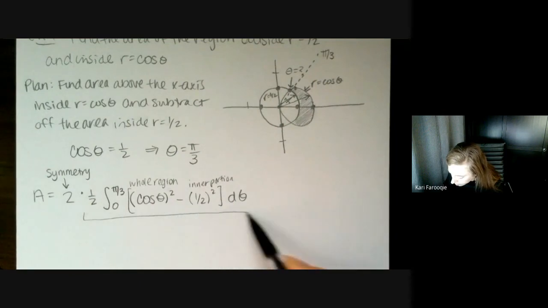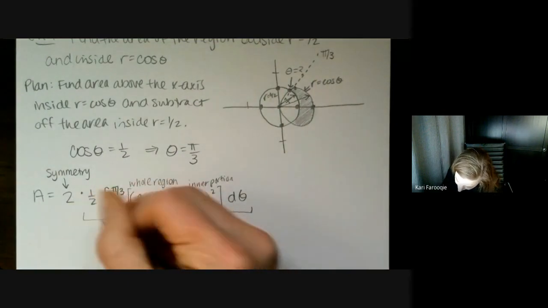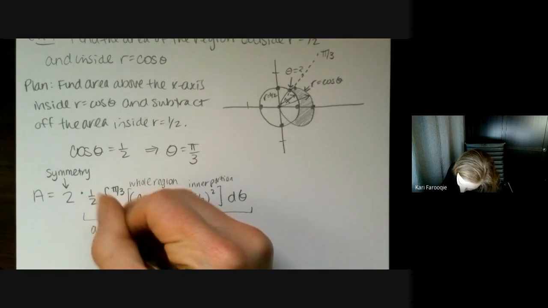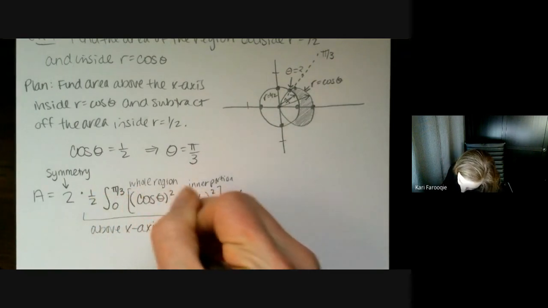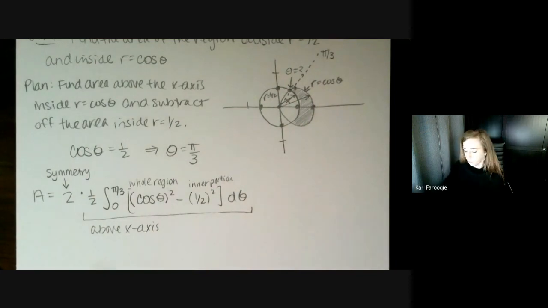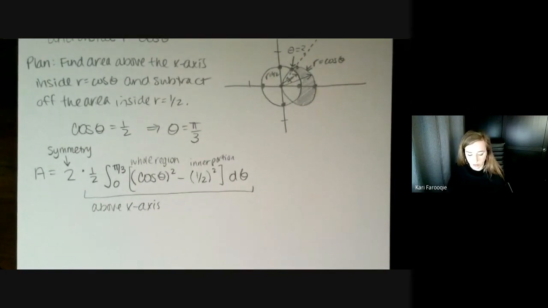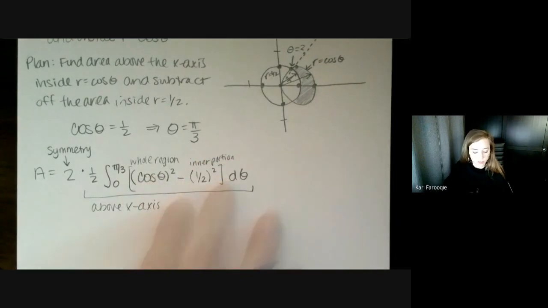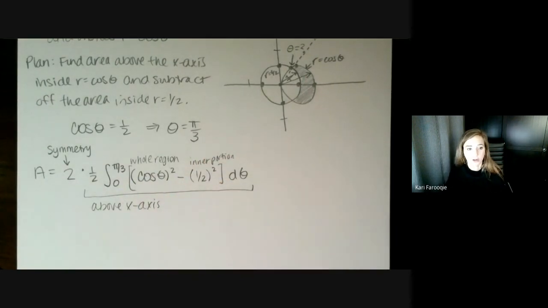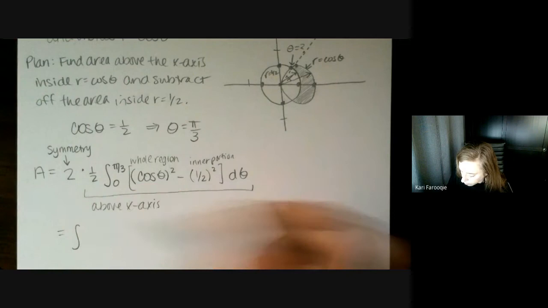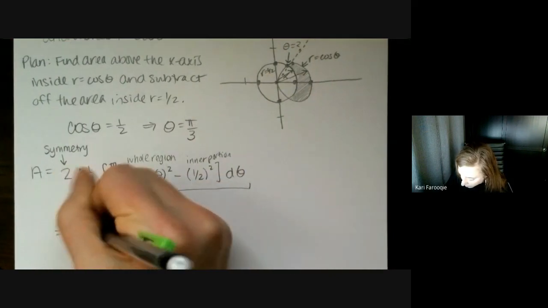This area right here gives you the area above the x-axis that's shaded. Multiply it by 2 and we'll get the whole shebang. Again, this might be something you have to stare at later, but are there any questions here right now? Wonderful. And you've already been integrating stuff like this all day today.